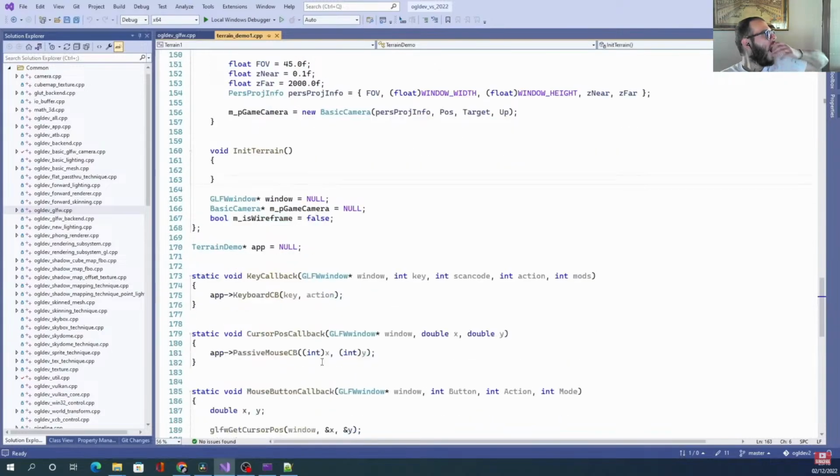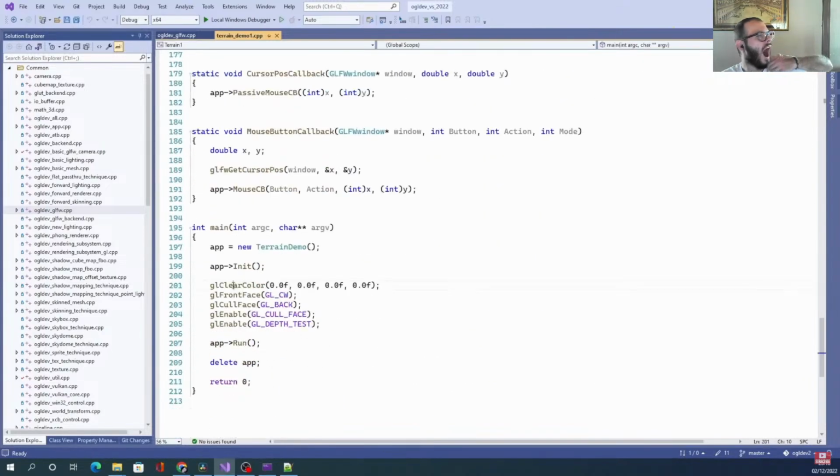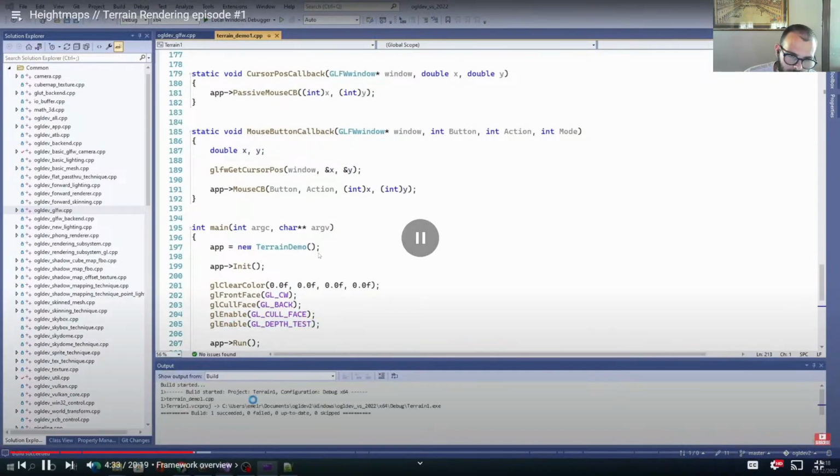Back to the GL calls in the main function, we can see that we are setting the clear color to black and enable backface culling. The triangles will be specified in clockwise order. No special reason for that, but if you change this, make sure to fix the code which actually initializes the indices. And we also enable the depth test. If we run this